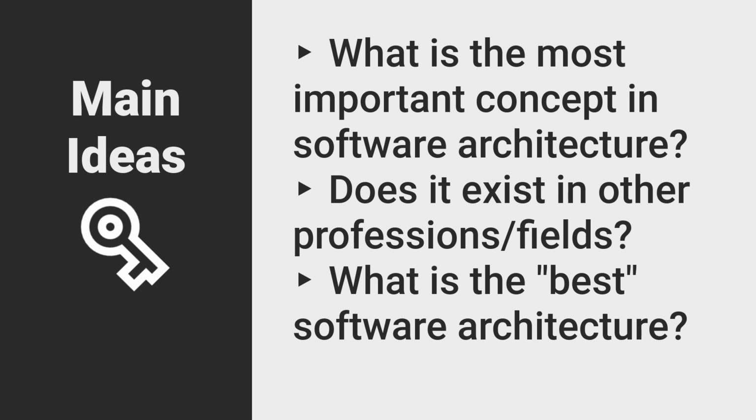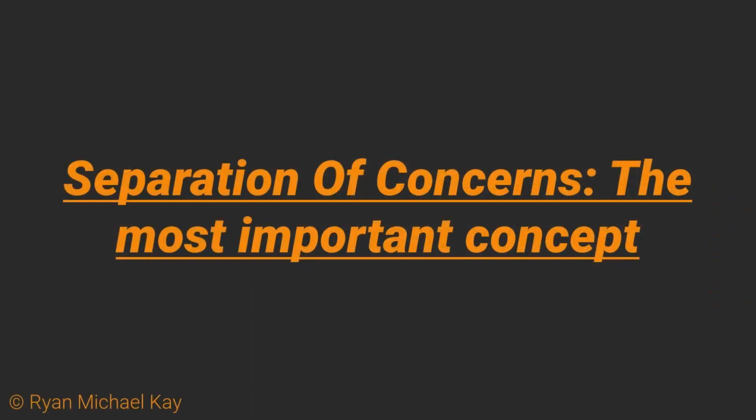We will not cover every topic in the field, but there is one principle in particular which I've come to understand as being the most important principle in software architecture. In the following lessons, I am going to show you this principle and how to apply it to everything from individual methods up to entire projects. But first, I want to give you the simplest analogy I could think of to explain separation of concerns.